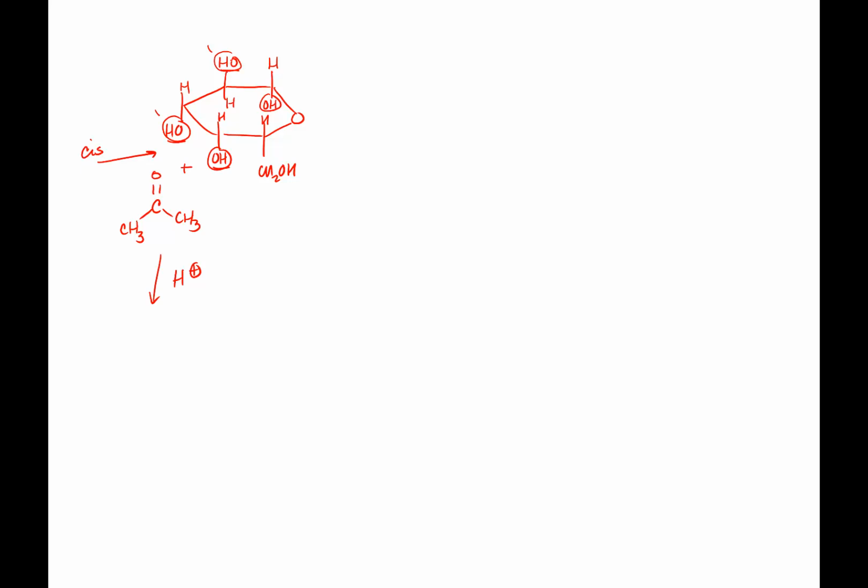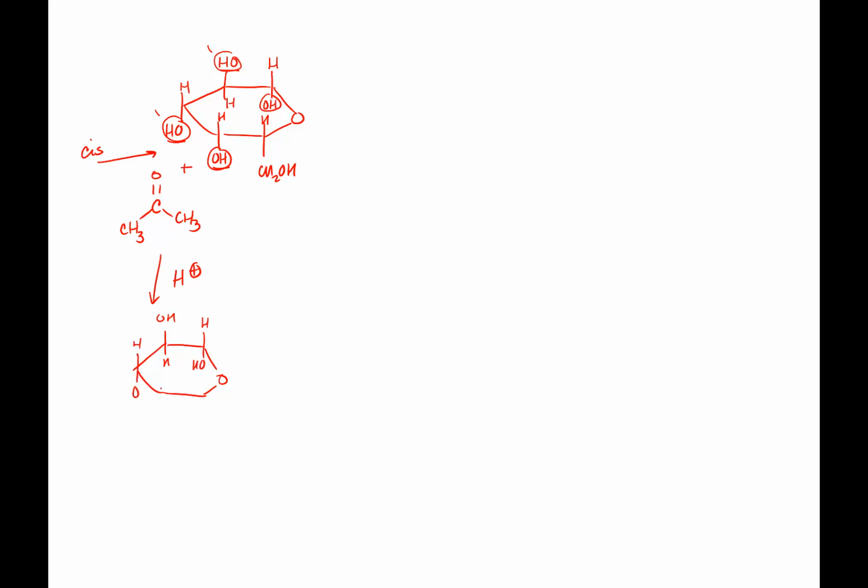They've got to be on the same side. So what I'm going to do is essentially use the acetone molecule to protect those two OH groups. So if I rewrite my structure here with my OH here, my OH here,